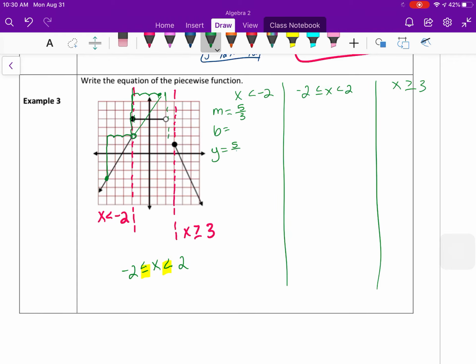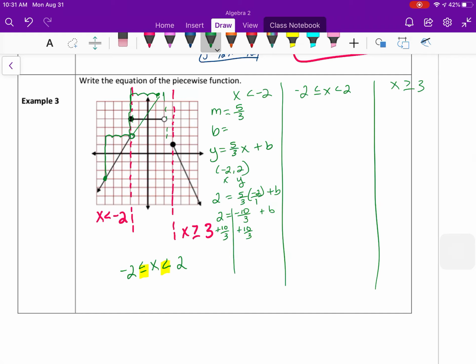So let's plug in y equals 5/3 x plus b. And let's pick a point on the line. How about we use the point that was given, which was -2, 2. So if I pick the point -2, 2, that was that open circle there. That's an xy point. So plugging in 2 for y and -2 for x, 2 equals, that's going to be -2 over 1 times 5/3 would be -10 over 3 plus b. Adding 10/3 to both sides